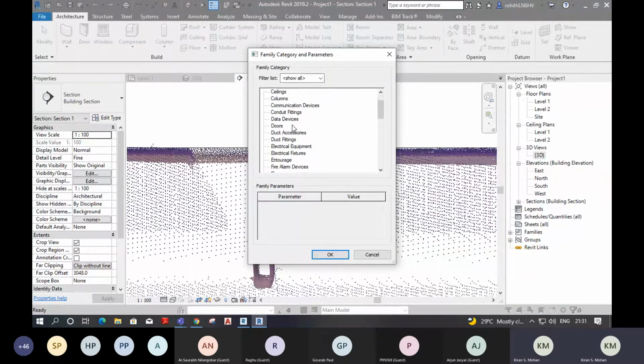You should make sure the architectural structure is ticked in this, or it should be selected.